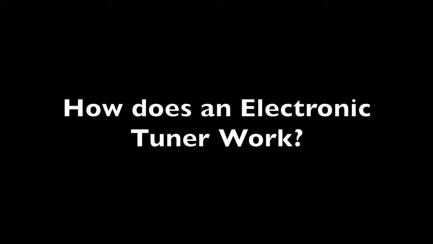is. Electronic tuners are used in music to tune instruments to a desired pitch. They do this by measuring the frequency of the sound that the instrument is producing and comparing it to the desired pitch frequency. The information of how far or how close the measured frequency is to the desired frequency is shown to the user via a display, who can then retune the instrument and repeat the process until the instrument is